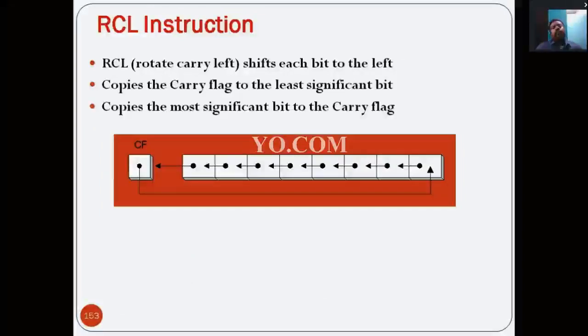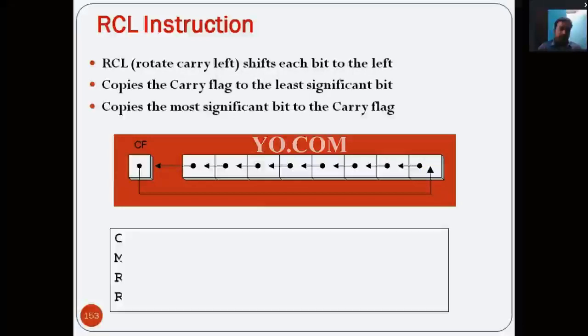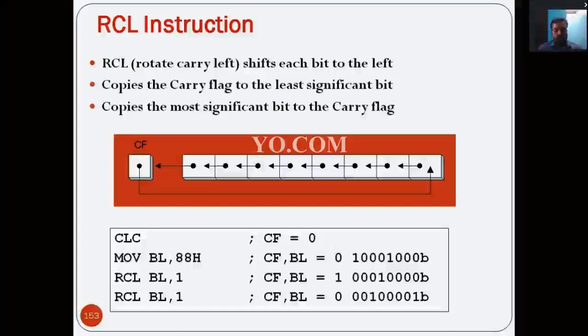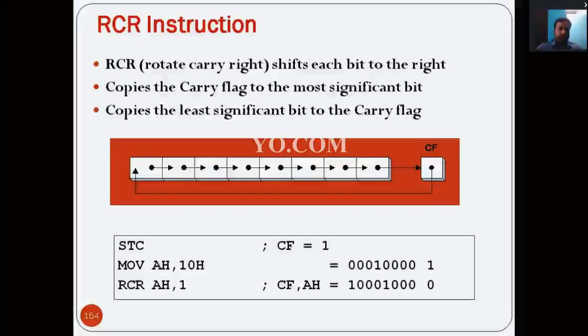Then RCL, rotate left along with carry. Here the carry flag is also included in the series. The higher bit is moved to the carry flag, and the carry flag is moved to the lower bit. So the carry flag is included with the rotation. Similarly, this is the example, CLC. Likewise for the rotate right instruction, the carry flag is included along with the right rotation.